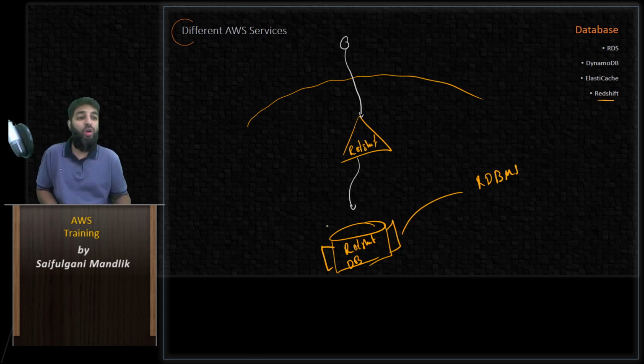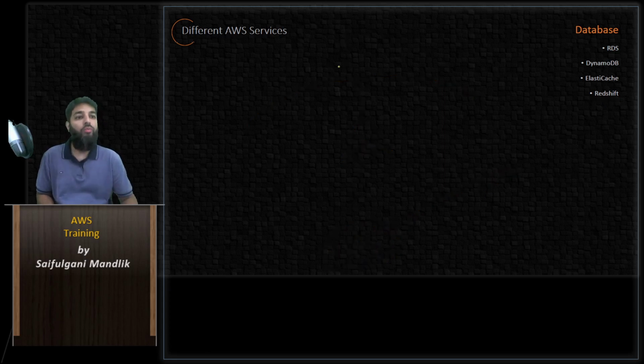So then the question is, why didn't we speak about it when we just spoke about RDS? Why are we talking about it separately? Why is it called a data warehousing solution? The reason Redshift is called a data warehousing solution is because internally it is designed to store your data differently. So let's take an example where you have a table,